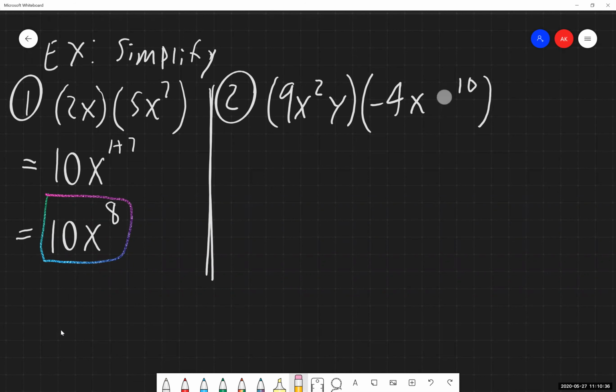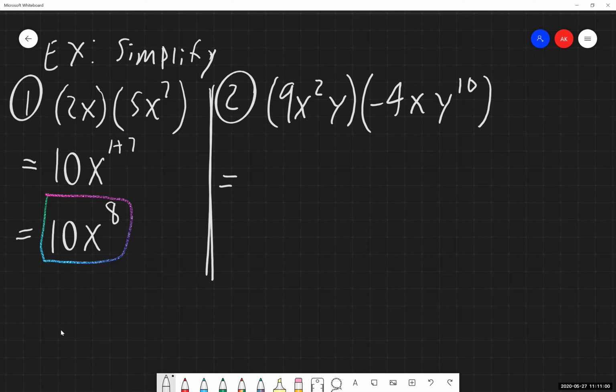And again, remember with exponents, you want to correctly identify the base that is being raised to a power. If you don't do that correctly, then problems fall apart from there as well. So our second example has numbers, it has x's, and it has y's. And again, I highly recommend you guys, as you're going through this, work with those individually. Work with the numbers. I have 9 and I have -4.